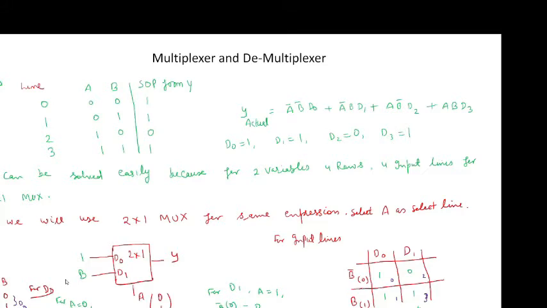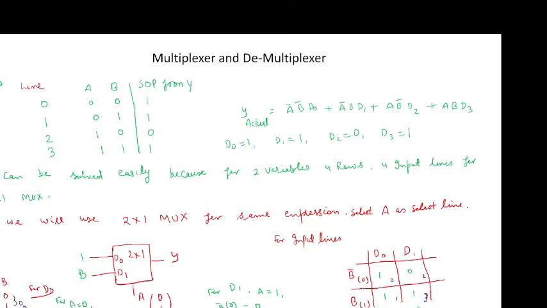Here see that D0 and D1 are in columns. If I am selecting A as the select line, then the other variable is B. So I will write here B bar and B. B bar represents the 0 value of B and B represents the 1 value of B. Now for D0, you know that A is equal to 0.